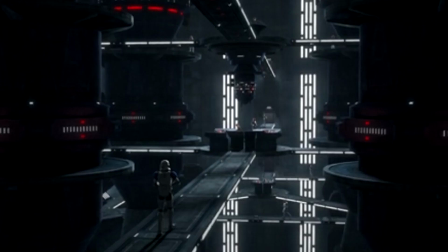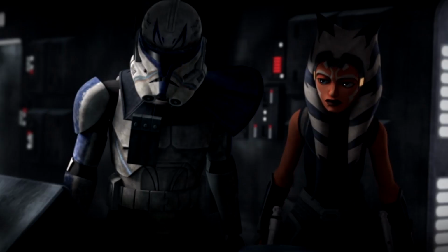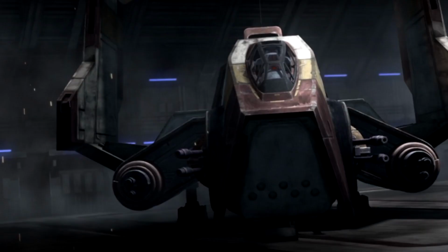This eventually leads to Maul going into the hyperdrive area where he goes up against a load of clones. He ends up killing them all, and after Maul takes out the hyperdrive, the ship is ruined. We next get to see Ahsoka and Rex enter this room. They see a ship which they're going to use to escape, but the problem is the clones were already there